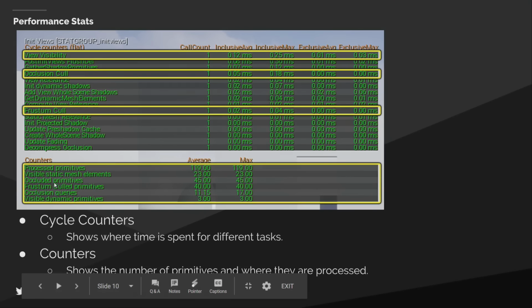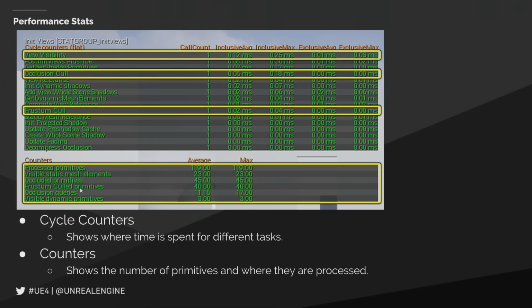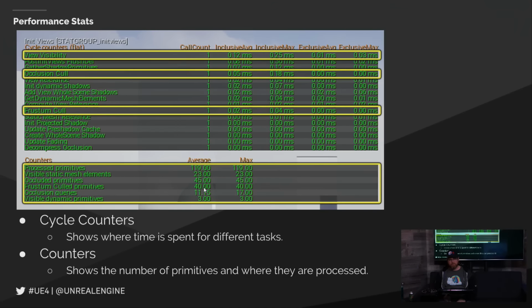The thing to focus on here is the frustum cull primitives. We can see from this view that I took, and I'm fairly certain I took it from a good one, but we can open the editor in a second and look at it. I don't remember where I take some of these screenshots. But in this particular one, the ViewFrustum had already culled out 40 objects that, from the camera's perspective, we don't care about. And then the occluded ones are the ones that are blocked by other objects within that ViewFrustum.